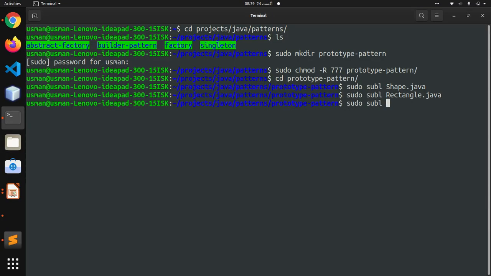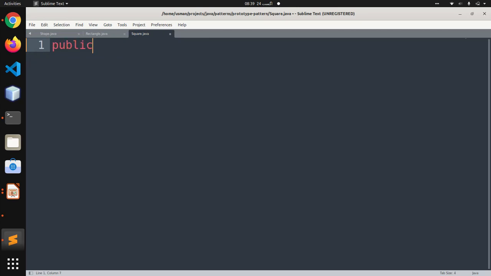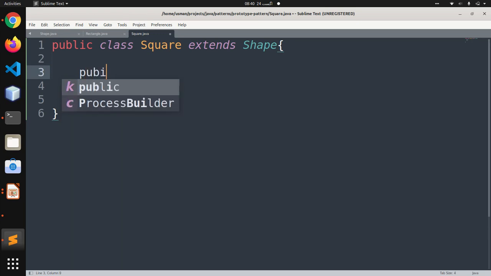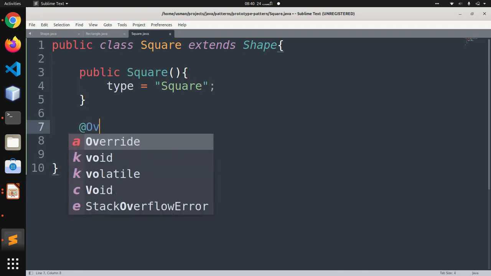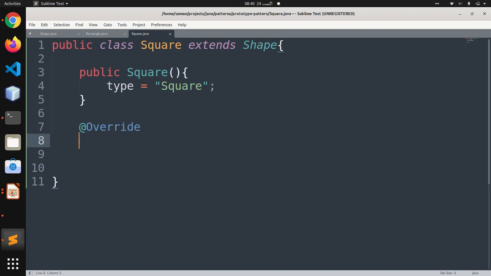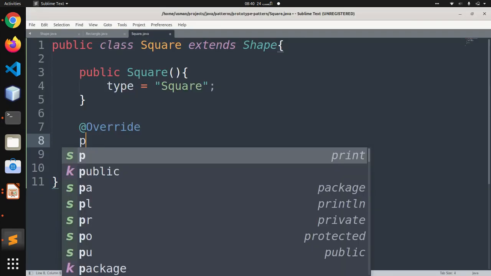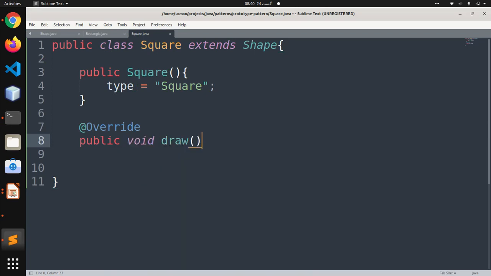Let's create that, Square.java, and this is a similar class, public class Square extends Shape class, and here we are going to declare a constructor which is public Square, and this constructor is setting the type of the object to square. And next we are going to override the function which is the draw method, public void draw,